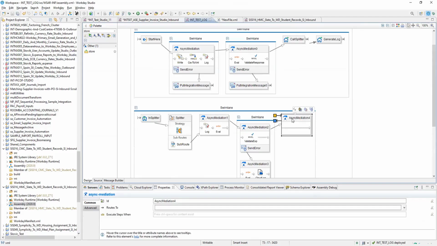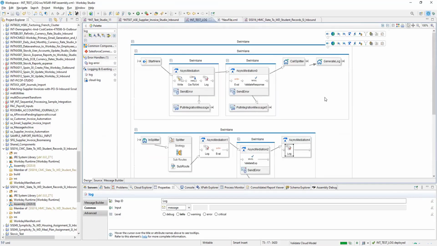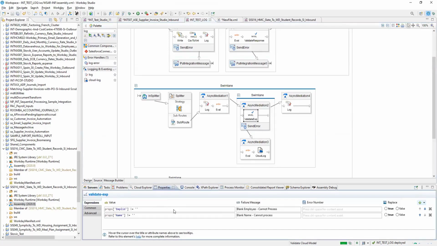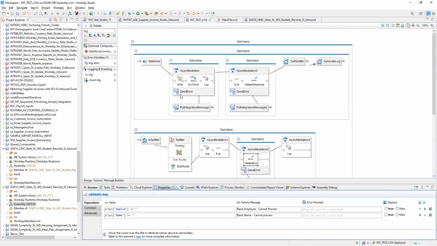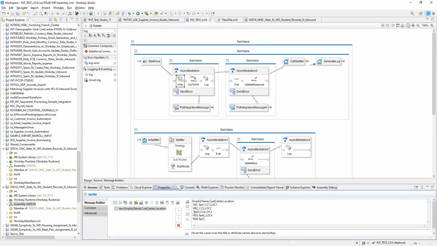Okay, so let me first, instead of this, whatever is here, I will just put a log here. Let's save it and now let's see how it goes. Now we have an error for blank employee ID and blank name. Right, in the right step. How many do we have?